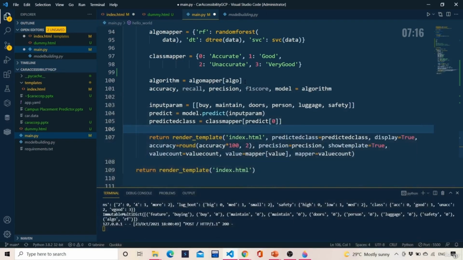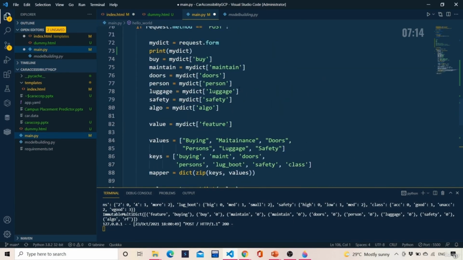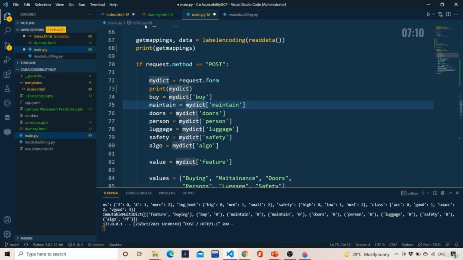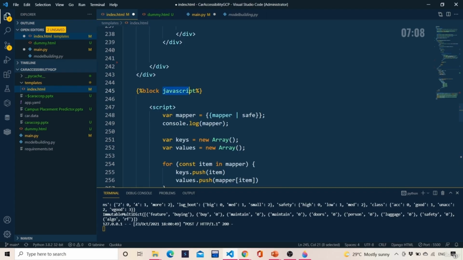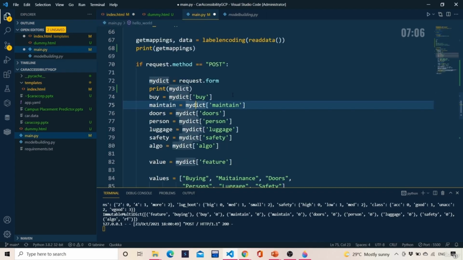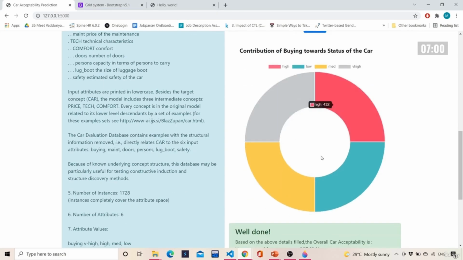Hi. So in the last video we completed the main.py function. The only thing which is left, which is to be discussed, is the JavaScript code. Now what is this JavaScript and how is JavaScript coming into the picture? Basically JavaScript is there because of these charts. So these charts are basically of d3.js, or you can say